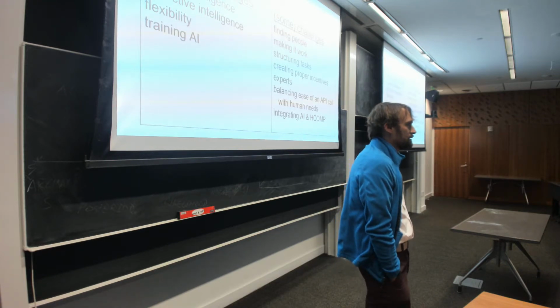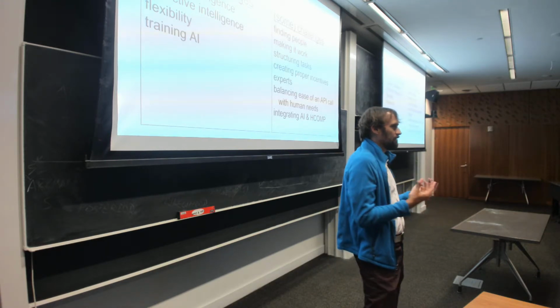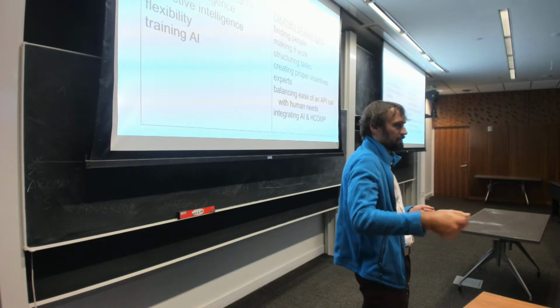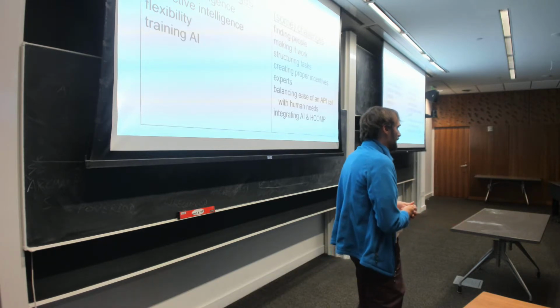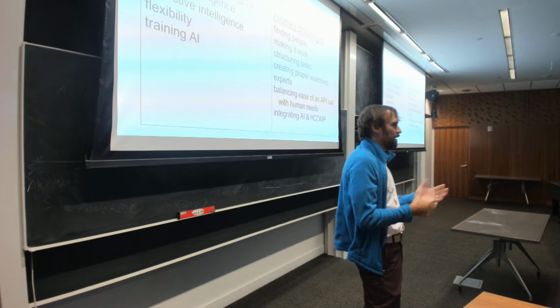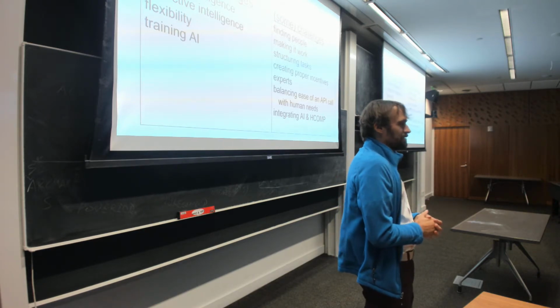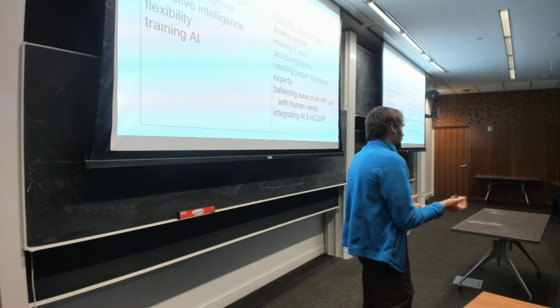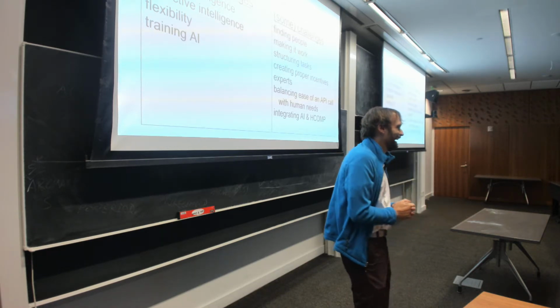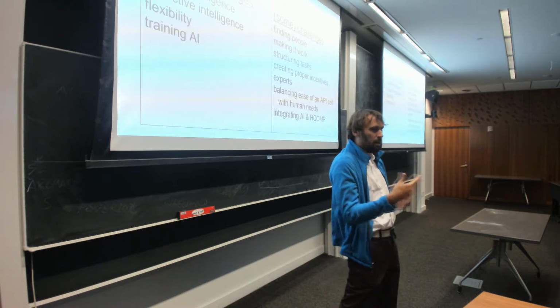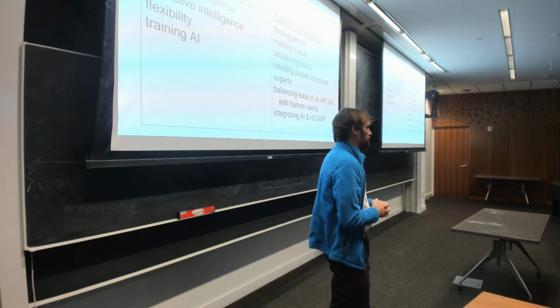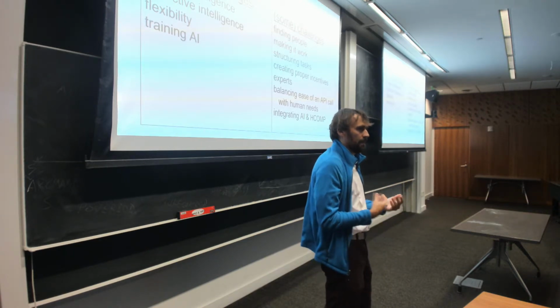How do we balance the ease of the API call? Being able to access human intelligence at the call of an API is really powerful, but how do we balance that with human needs? Turns out that people don't necessarily like being called via an API. People want to talk to you. People want to have a relationship, and traditional work supplies that.